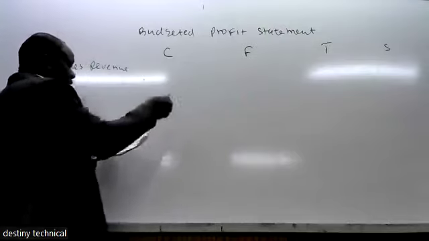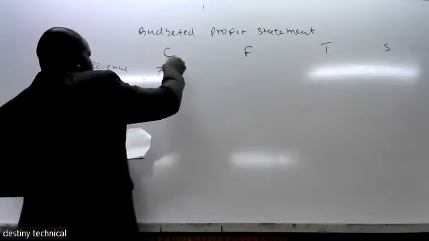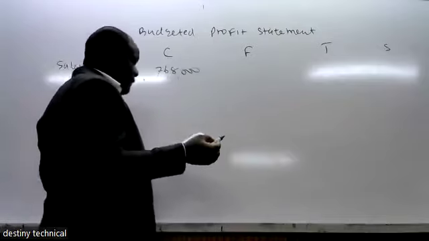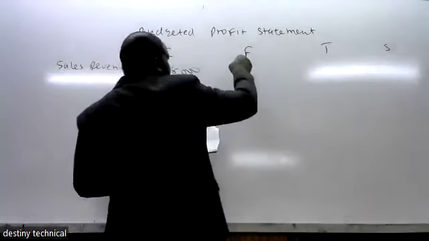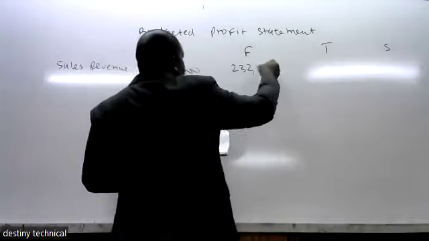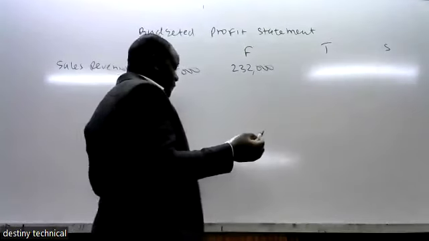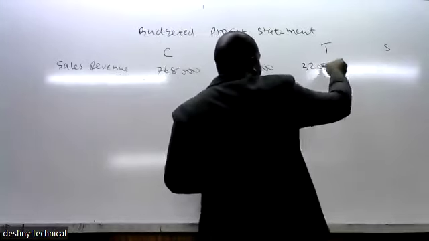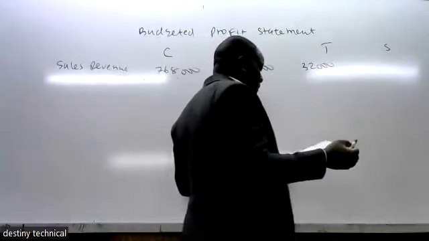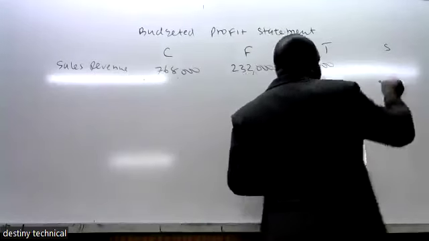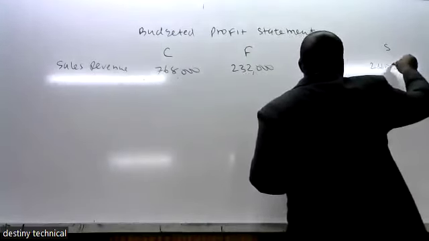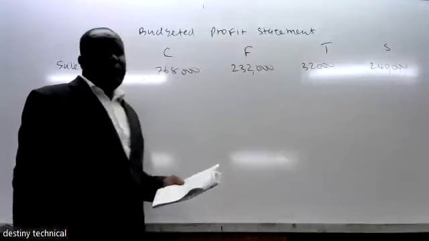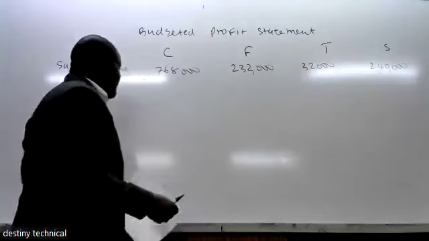was 768,000. For F, it is 232,000. For T, 32,000. For S, it is 240,000. So now we less